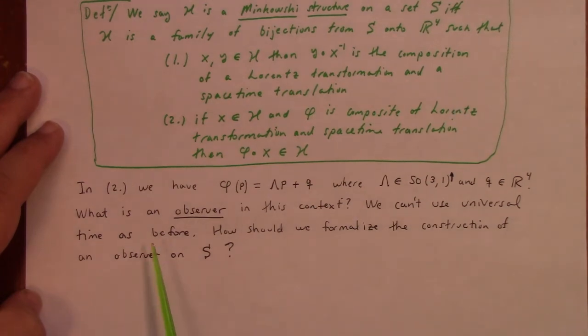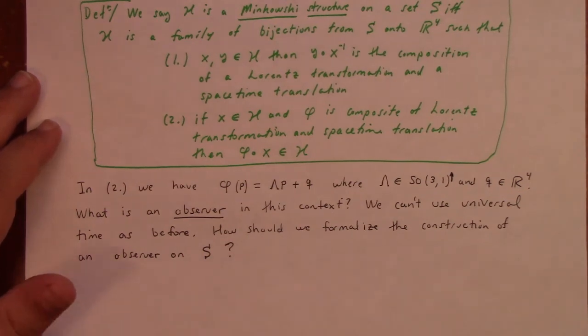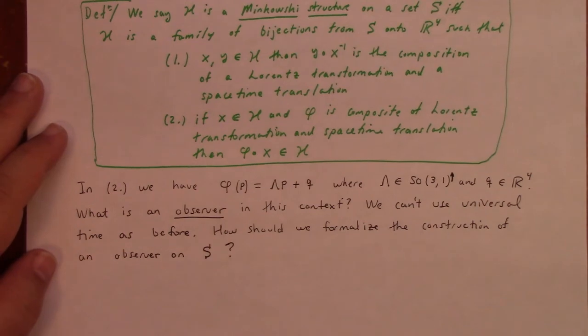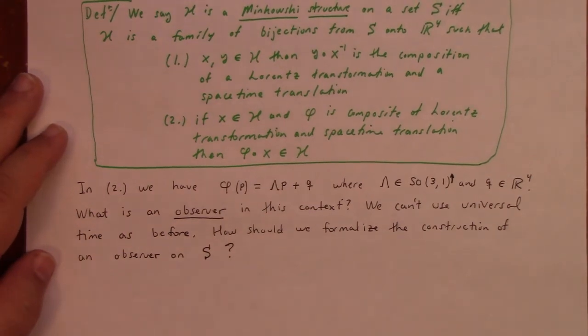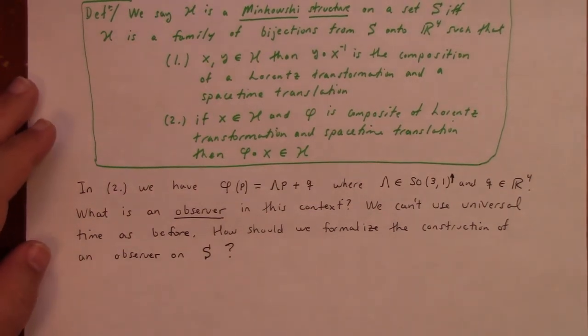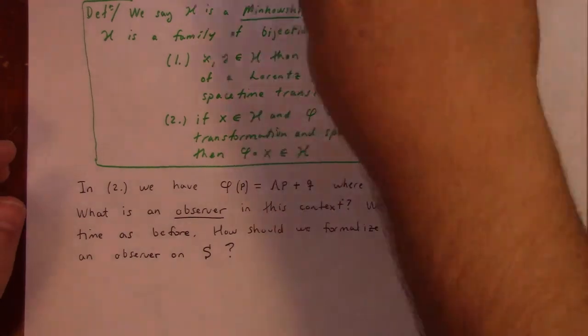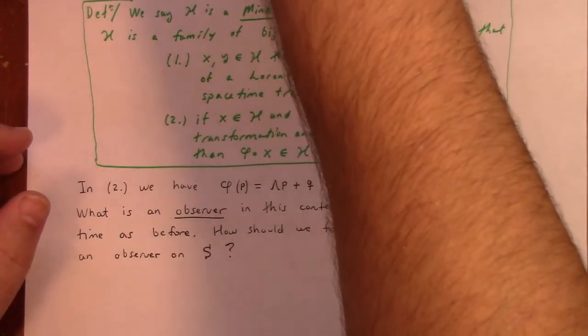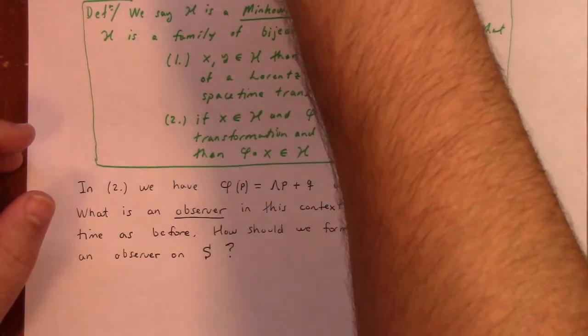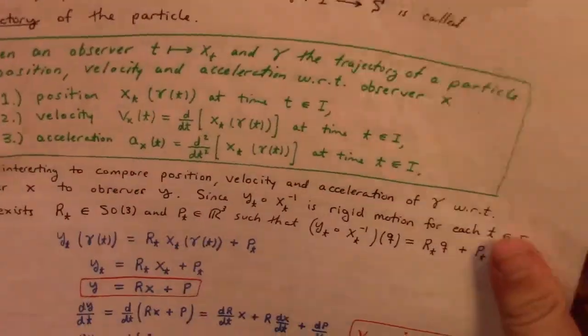Fine. What's an observer in this context? I'm not actually sure how to answer that question. It's clear to me that the idea of an observer in 3 dimensions, the observer for a Euclidean space, it just, each time,